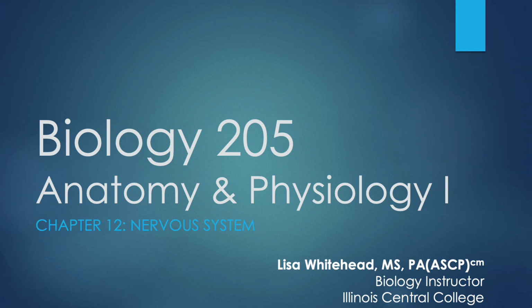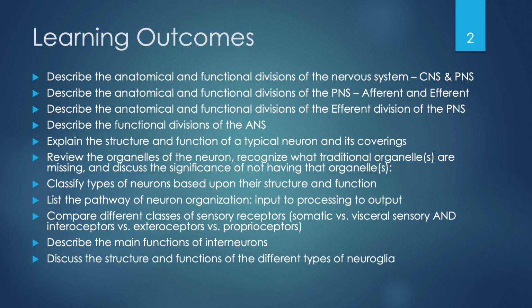This is Biology 205 at Illinois Central College, and today we're going to be talking about the nervous system and covering Chapter 12 in our text. The learning outcomes for today's lecture include the following: to describe the anatomical and functional divisions of the nervous system for both the central nervous system and the peripheral nervous system, to describe the anatomical and functional divisions of the peripheral nervous system, including both afferent and efferent divisions,